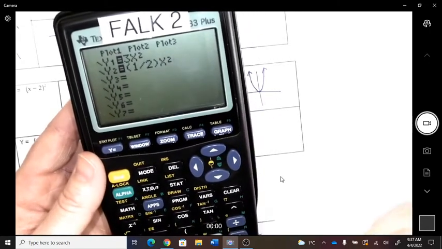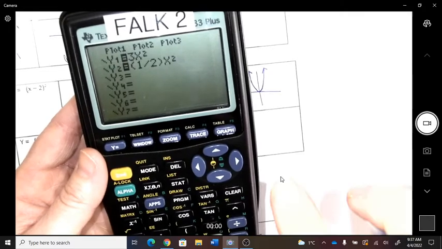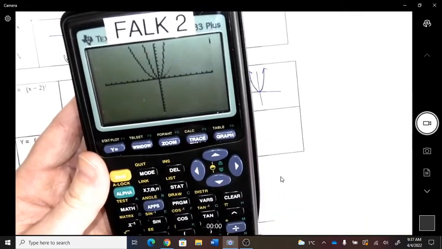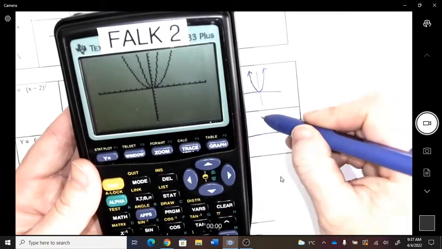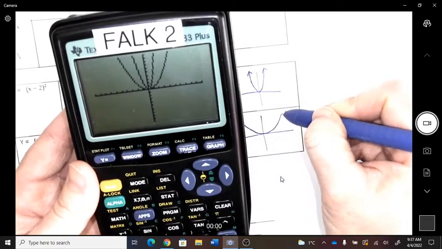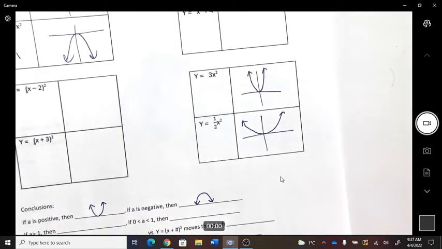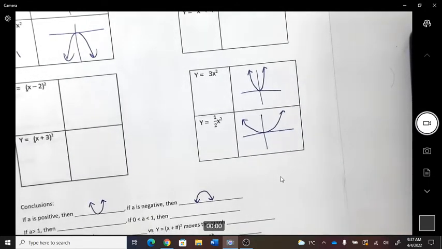Everyone's good with how that looks on their screen? That looks the same? Good. Graph, what do you think happens? That kind of, to me, was what was going on. I might be over-exaggerating here, but